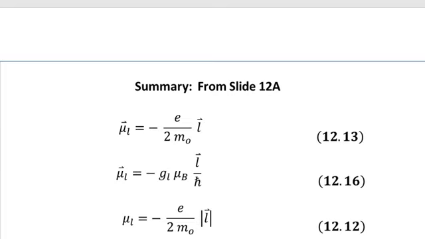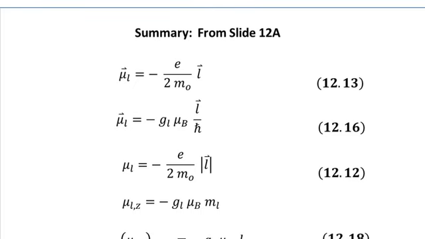For example, the summary of the lecture which I presented in slide number 12A is here. I have presented a relationship between the orbital magnetic moment and the orbital angular momentum of the electron, given in equation number 13. Then this is another relationship in the presence of the GL parameter. In equation number 16, you can see that there is a GL parameter, and this is again a relationship in the vectorial form. Then equation number 12 gives you the orbital